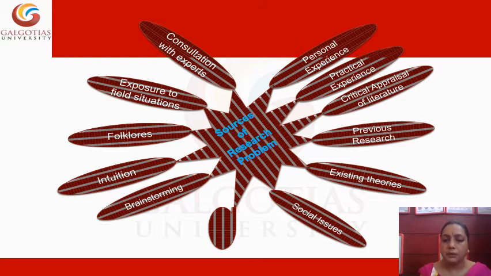For example, we have studied various journals and we came out that this area is to be researched. Then previous researches. For example, we went to the library, we saw the previous theses, what they have done, they have given further recommendations. So we can go for that also. Then existing theories. For example, self-care deficit. We can say that the client is not able to do his or her care by own self. So we can also include that concept in that.